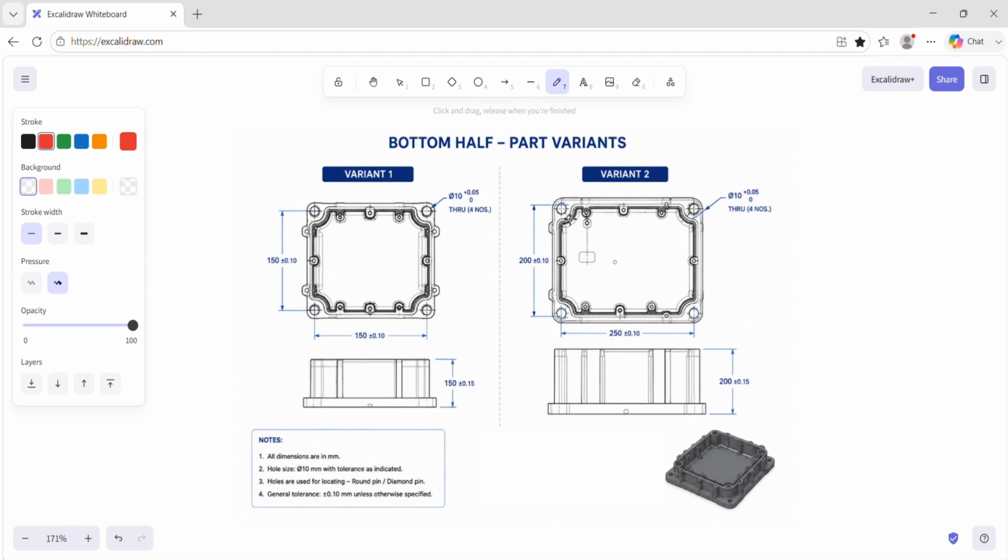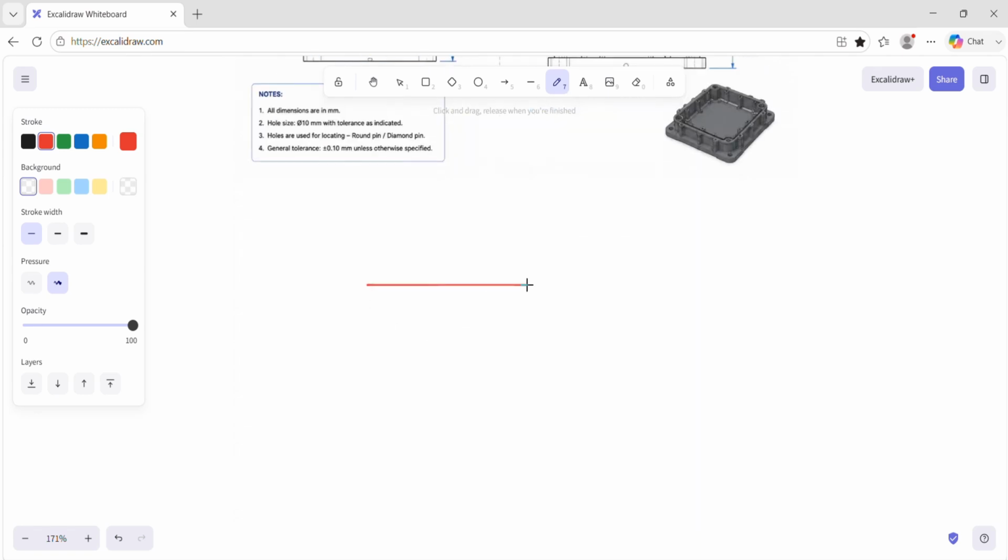What does it mean? When we overlap these two parts, let's say this is the first part and the second part is on this one, we need to check whether the holes are common so that we can use them for location purposes. This is the first and most important step.